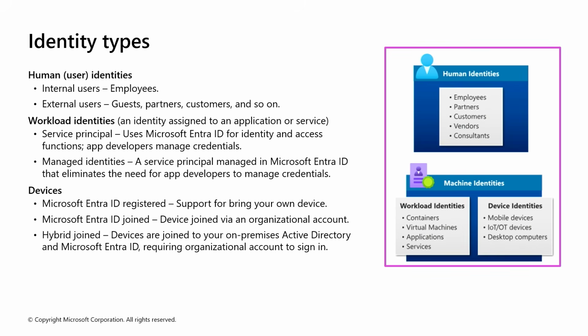Human identities include internal users, such as employees, and external users like partners, vendors, and customers, while device identities cover anything from laptops, mobile phones, and any other hardware. Workload identities represent applications, virtual machines, and services that need to securely authenticate to other resources without relying on shared passwords. This model works by giving every identity a clear role and authentication method, which makes access decisions more secure